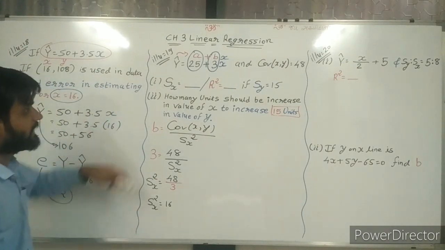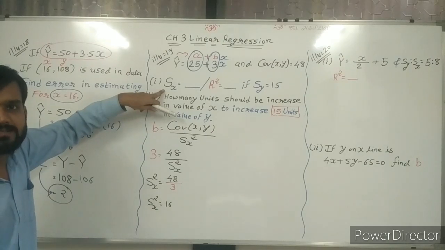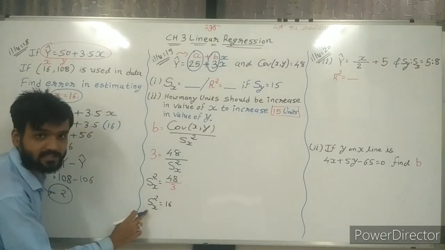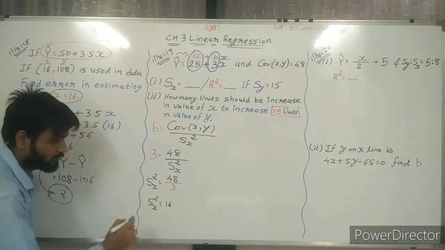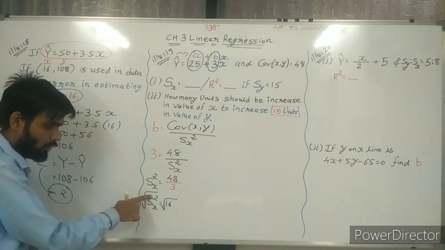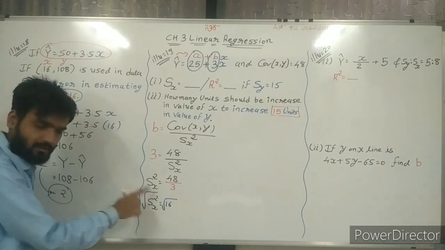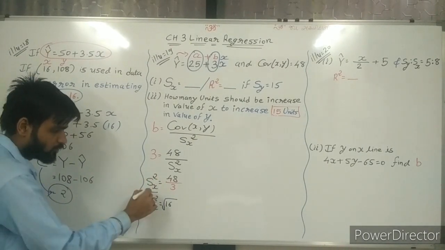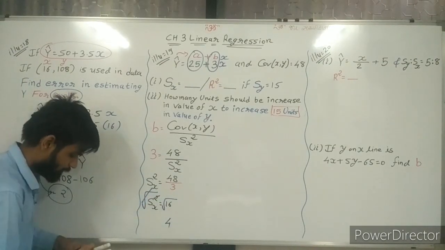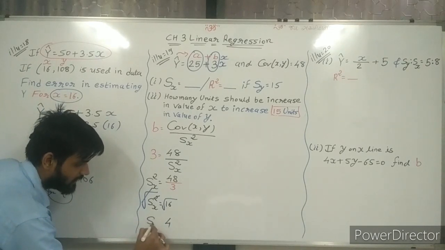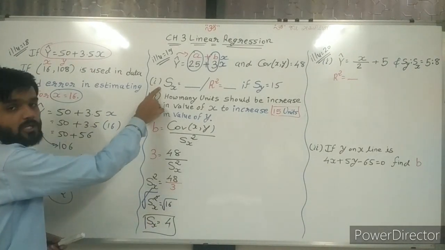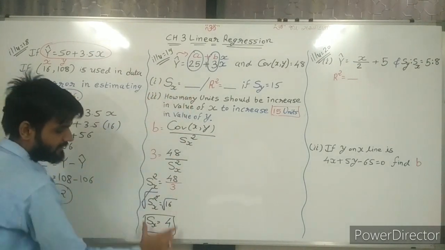Now, sir, what do we need actually? Sir, we need only Sx. Sx is equal to what? We don't know. So, how can we find Sx? Here Sx square is given. So, make root of this to cancel the square. We are making root of it. So, the root sign and square cancel and root of 16 is 4. So, I can say, sir, Sx is equal to 4. My first question, Sx, is clear.